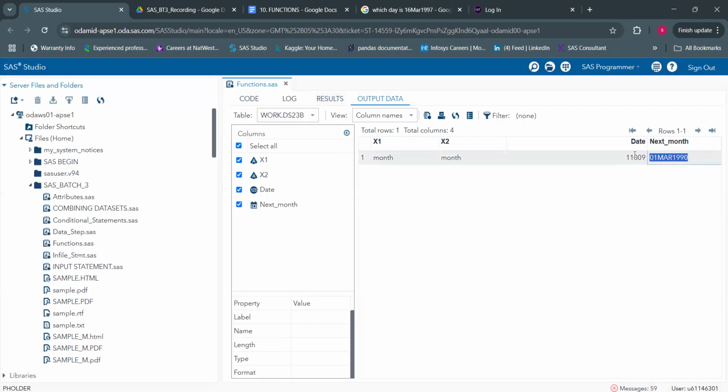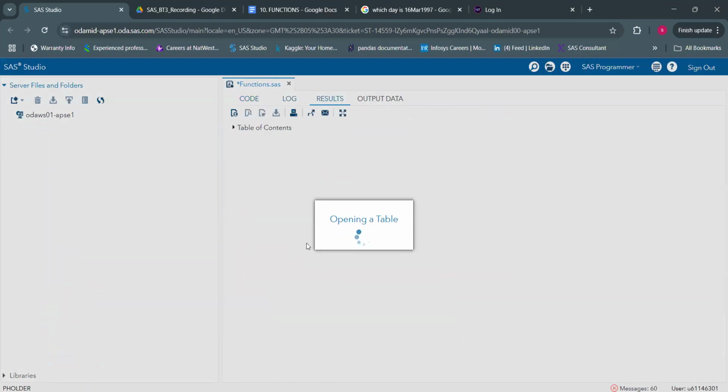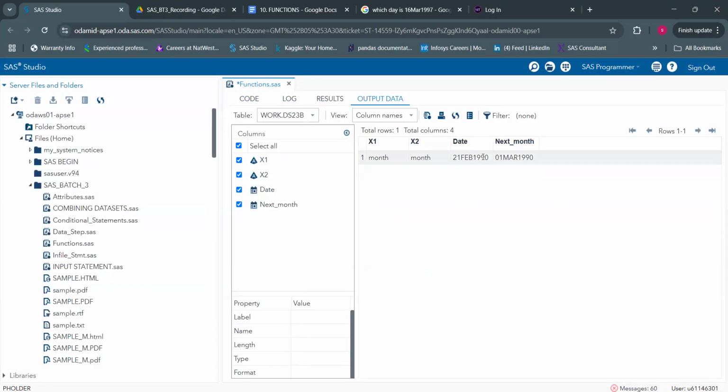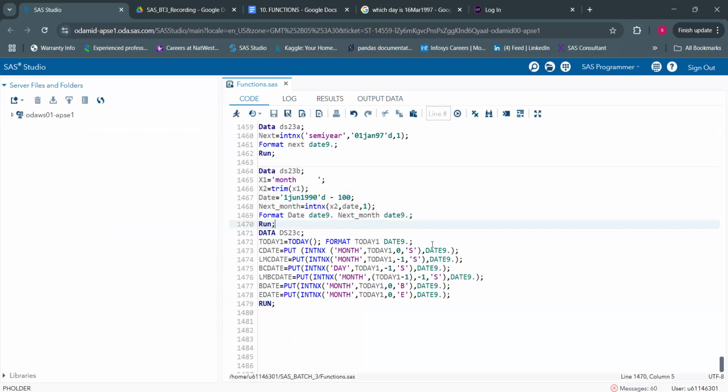So after decreasing this particular date, I'll even show you the value of date. Date end is 21st Feb 1990, which is 1st June 1990 minus 100 days, and I want to increment that by 1 month, which is 1st March 1990. Okay, right, ma'am? Yeah. So next one is